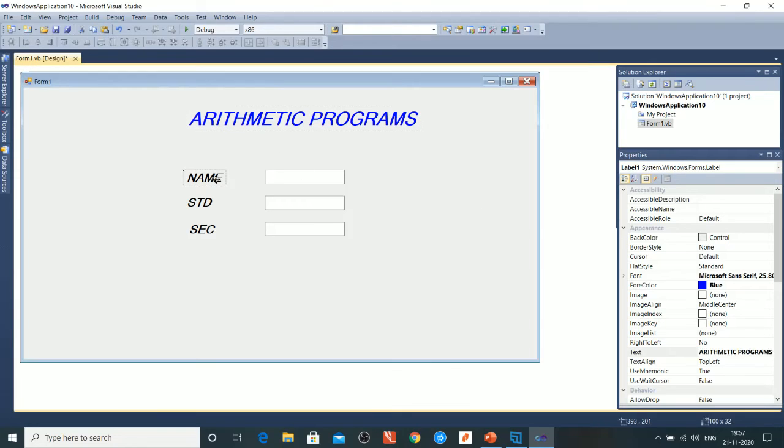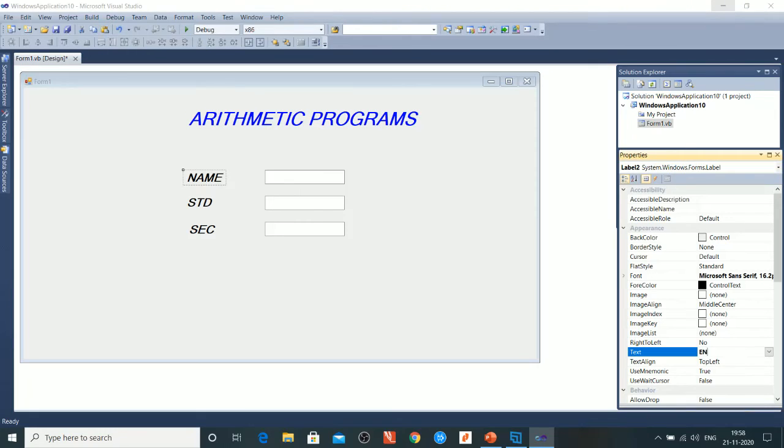Next, here I change this property to Enter the first number. What does the program mean here? During execution of the program, the computer gets input from the user, 2 numbers, and with the help of the 2 numbers, you have to perform the addition calculation and display the result, the output. So here I just type Enter the first number.